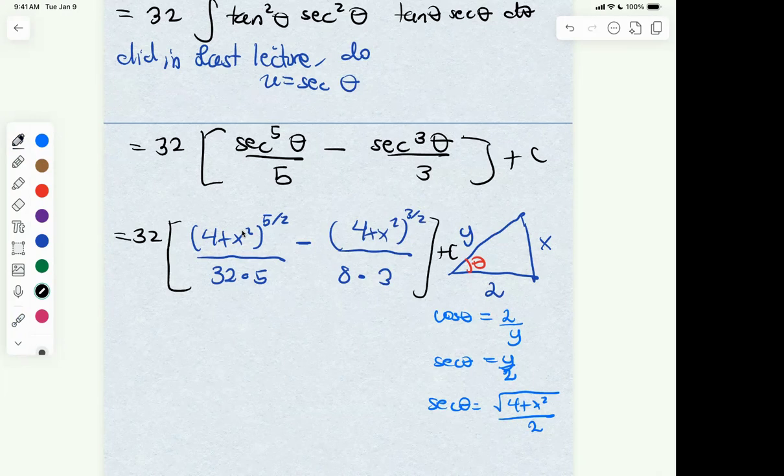And actually, you can simplify this a little bit more, but this is what I would expect you to leave it as. I wouldn't want you to spend more time simplifying this. Of course, you could do 32 times 5, that one maybe, yes, because that's 160. But if you factor out some of the powers here, it can look a little bit better presented, but that is not the focus of this example. The focus is that for this type of problem, to summarize,